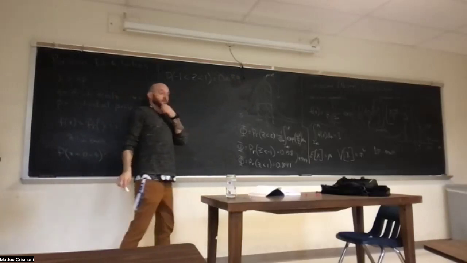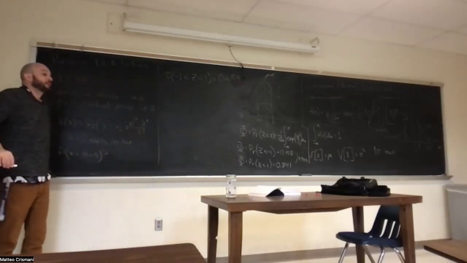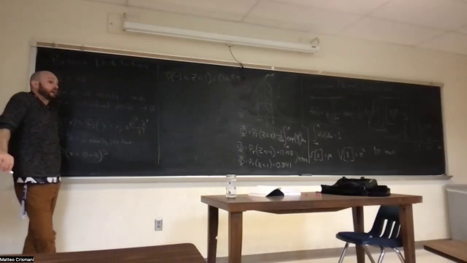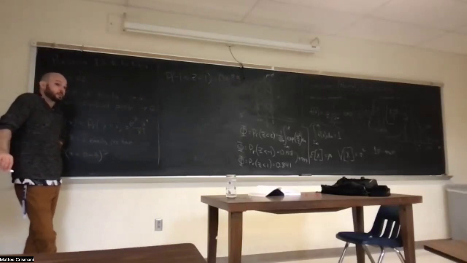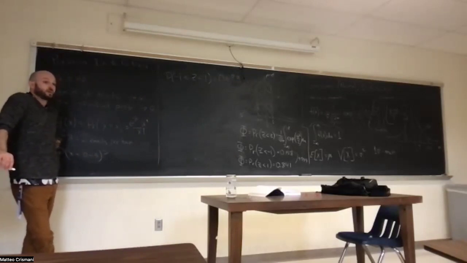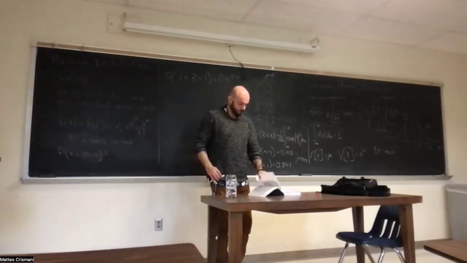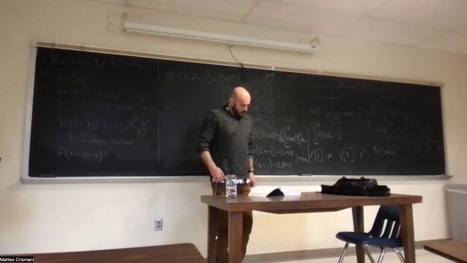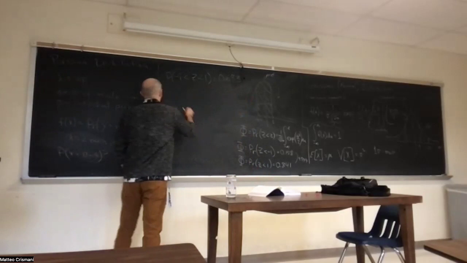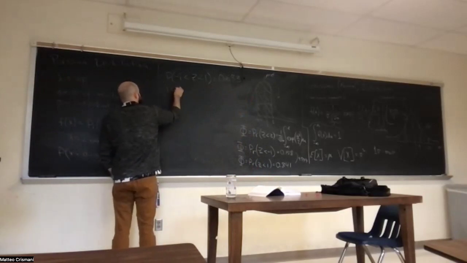0.683. So 68% of a Gaussian is found within 1 sigma of either side of the mean. You will hear this value quoted for the rest of your physics life. 68% is the probability that your value will be found 1 sigma from the mean in either direction. I'm not going to have you calculate it here. So this is the 1 sigma result.